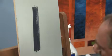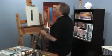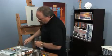And you'll see that it doesn't take much to get the effect that it looks like if you touch this you'd get a splinter, and that's what we're shooting for. See how I just kind of randomly tap it on there. As it works its way around to the back side of the tree, I do less,